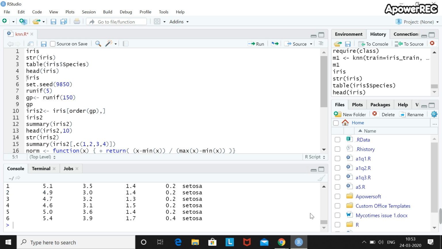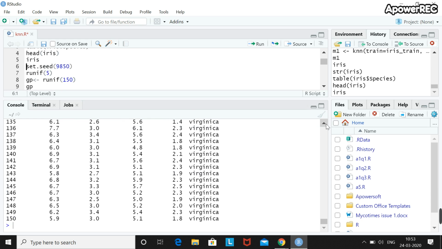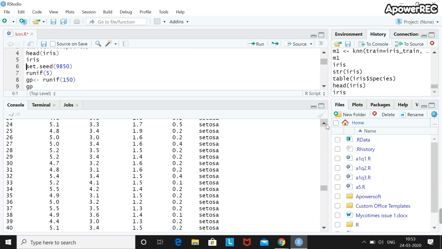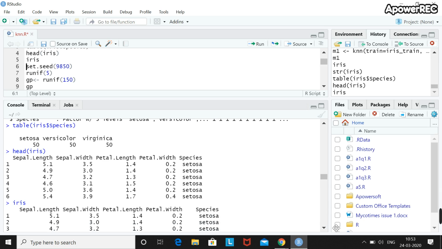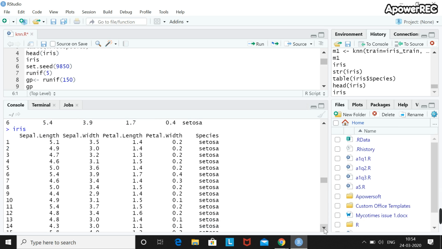Okay, now I will again show you the Iris data set. Have a look at this. The Iris data set, as we said, has 5 columns and 150 rows. Can you see those 5 columns? Sepal length, sepal width, petal width, and the species. But there is one problem in this data set, that this data set is arranged in an orderly manner. If you look at the 5th column, first we see all the values of